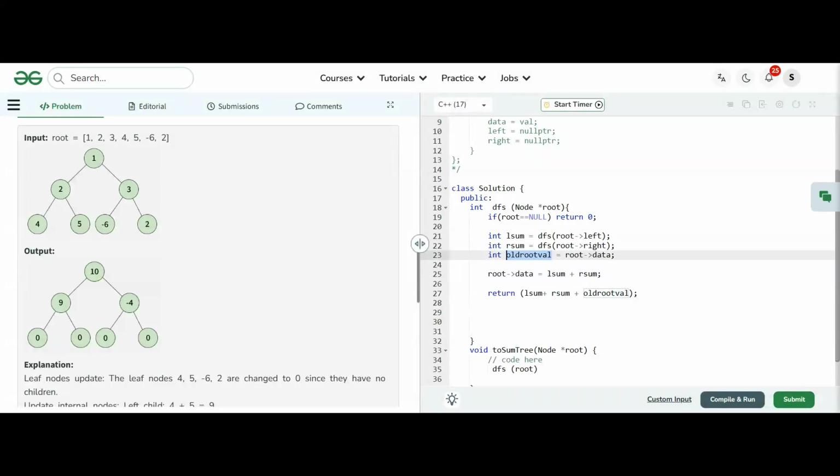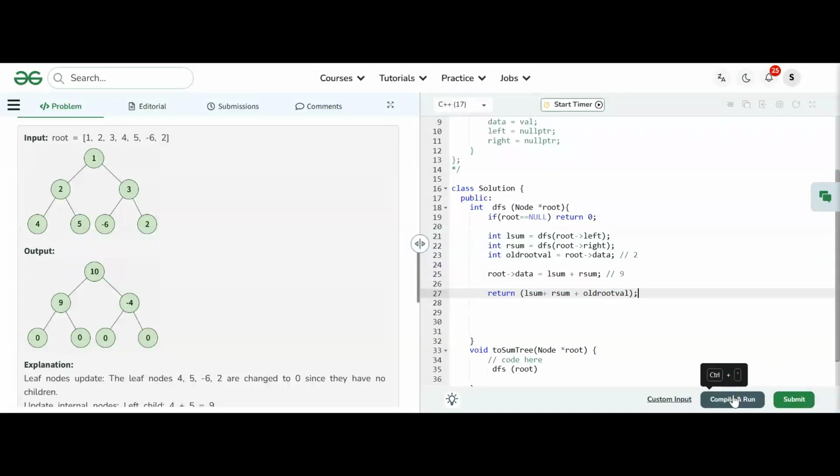Old root value is root dot data, that is 2, and root dot data will be equal to L sum plus R sum, that is 4 plus 5, that is 9. If I just return root dot data, it will be 9. So I need to return 9 plus 2, that is 11, because whenever I am sitting on 1, I want the whole 11 value.